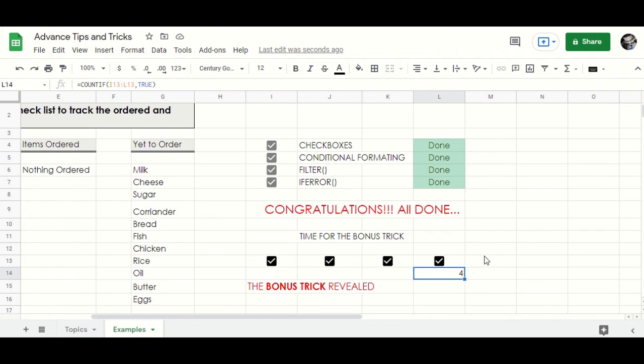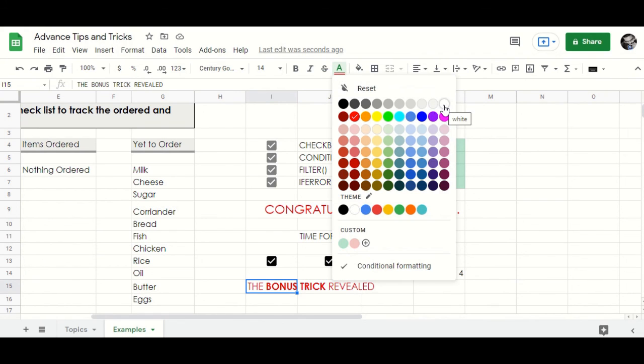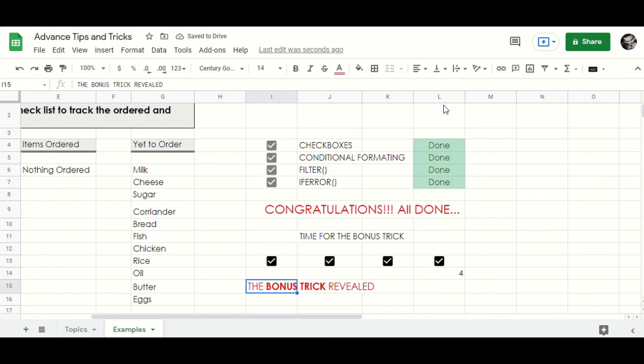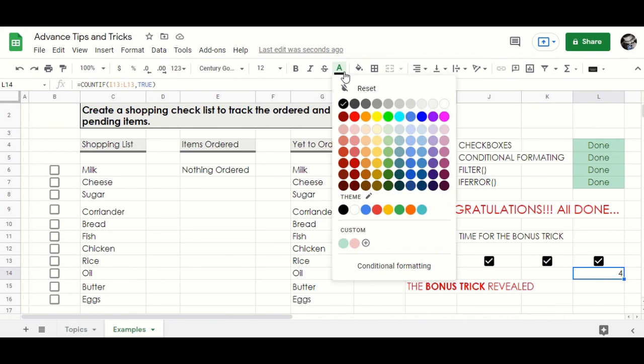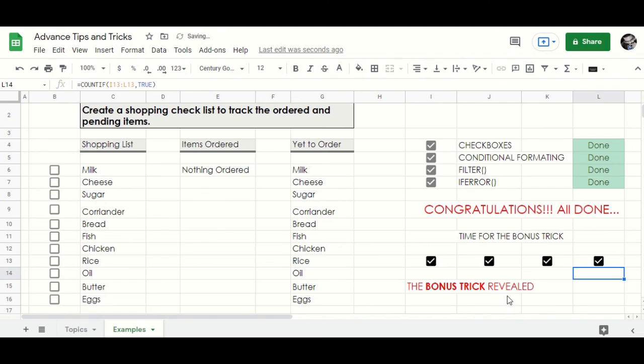Let's close the widget. Now we need to go and change the unformatted color to white again, so that it merges with the background to appear as if the text isn't there when any one of the checkboxes is unchecked. Now you see when a checkbox is unchecked, the count becomes 3 and the text disappears. As we keep clicking, the values keep changing but the text appears only when the value is exactly 4. Now let's hide this value as well by changing its color to white so that it doesn't show up. Let's check once again. One, 2, 3, 4, and the text appears.